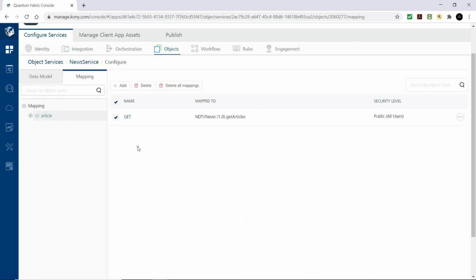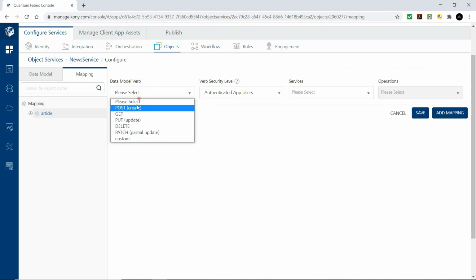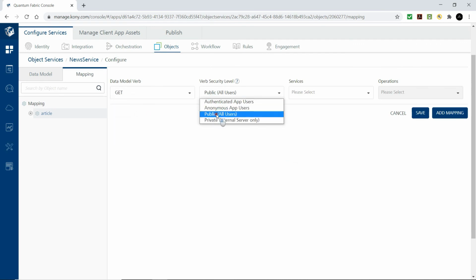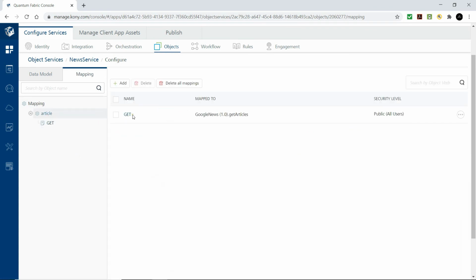We are deleting the get operation on the articles object under the news service, which is currently pointing to the NDTV news feed, and we'll create the get operation once again, this time pointing to the Google News feed. So the get operation on the articles object is now pointing to the Google News feed.